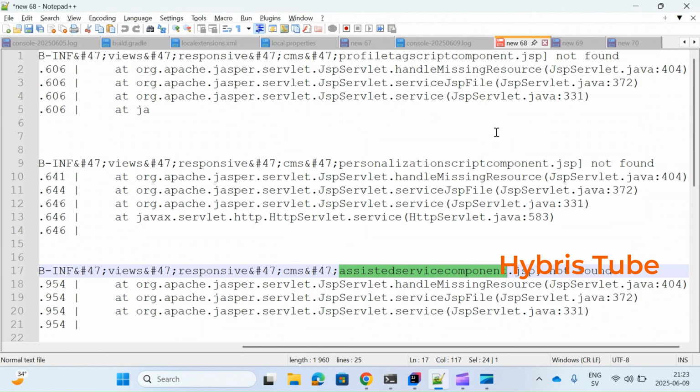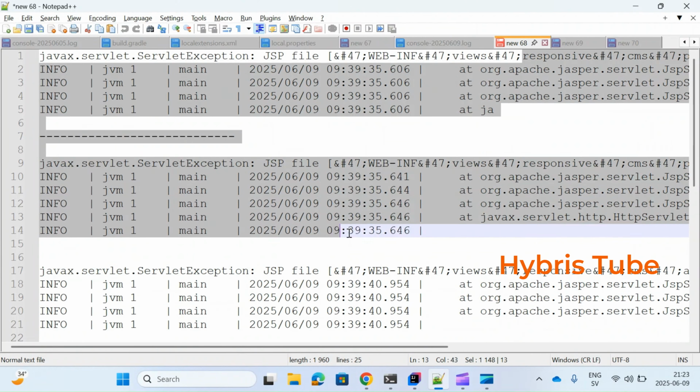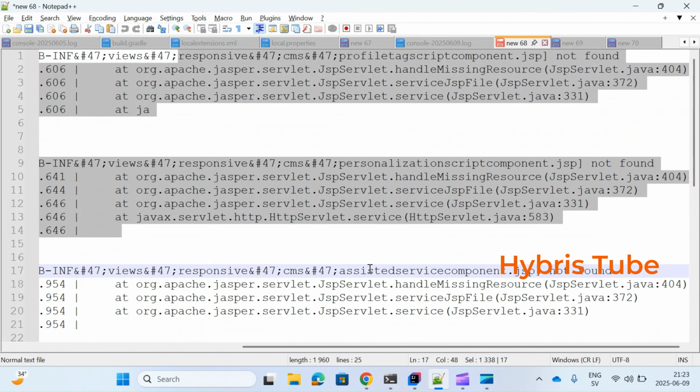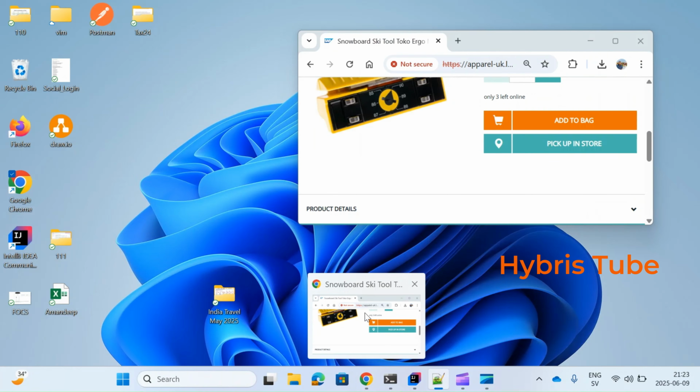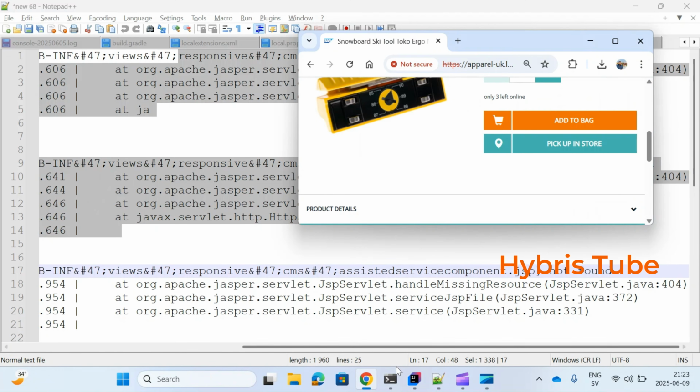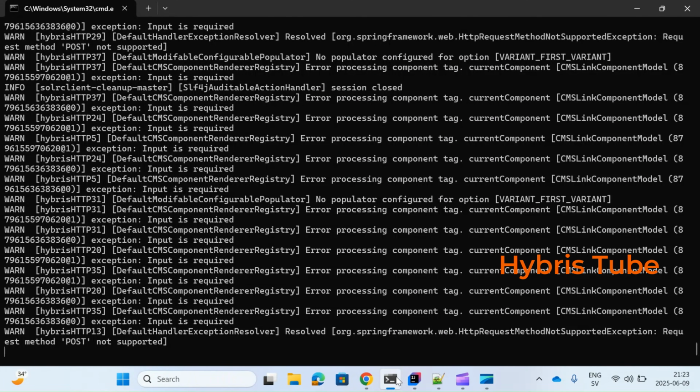So I hope now it is clear to you how to fix these major issues, right? When you load the home page or when you load any page, maybe PDP page or cart page, right? These exceptions were coming and these exceptions were just filling the whole server logs, right? Now it will be quite easy for you to do your debugging and write your custom code and test your custom code. So I hope this video was informative for you,